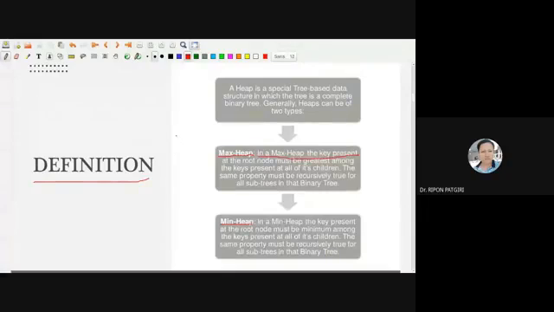The property of the max heap is that a parent must be larger than its child. So this is a tree, and this parent must be larger than its left child and right child. If this property holds for every node, then we will say this is a max heap.